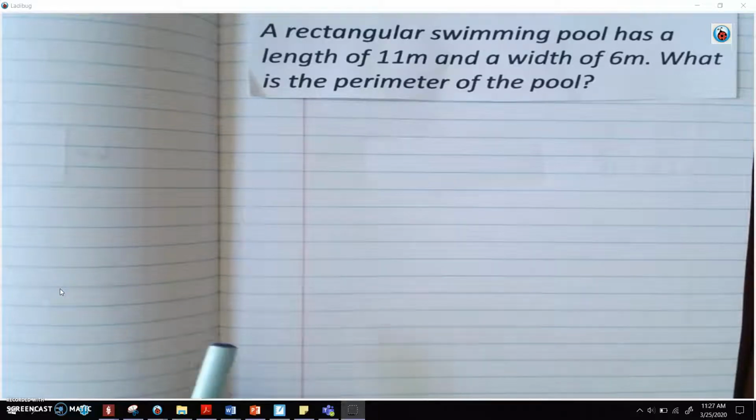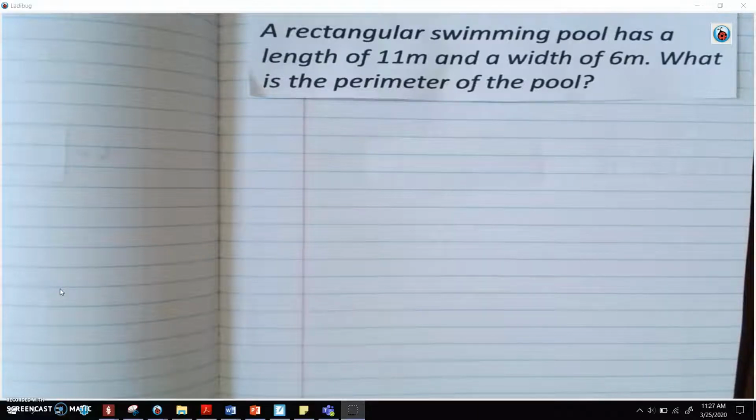Alright, today we're going to continue learning about perimeter. This week we've been working with perimeter. We've learned how to solve perimeter using color tiles. We've also used grid paper. Today we're going to use what we know about quadrilaterals and rectangles, and also use some addition and some multiplication